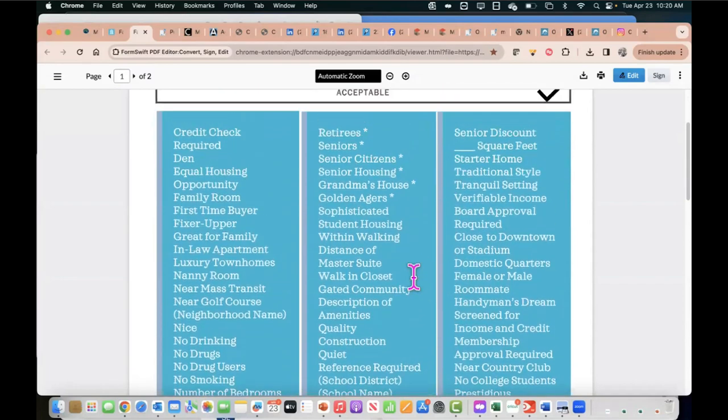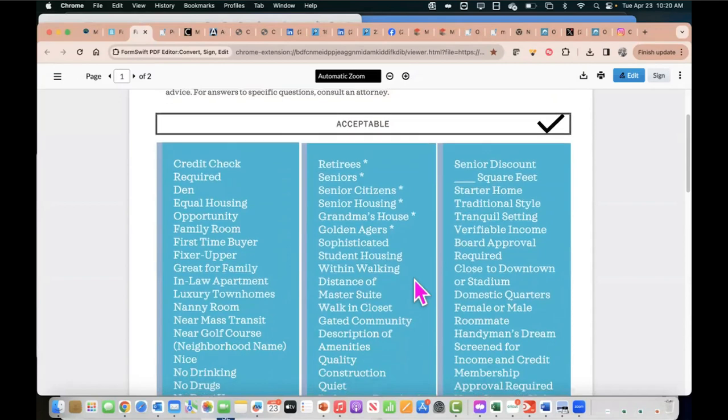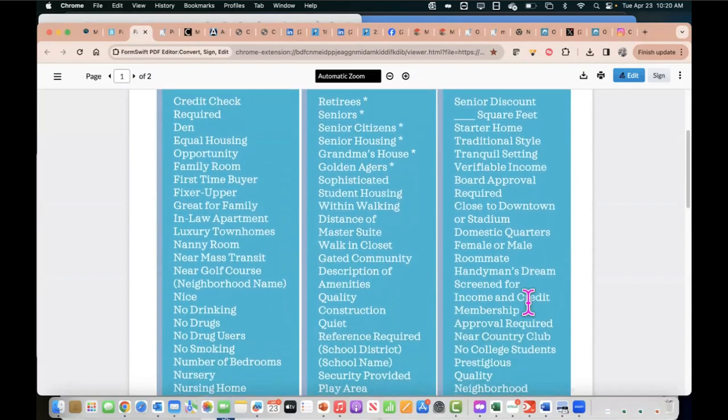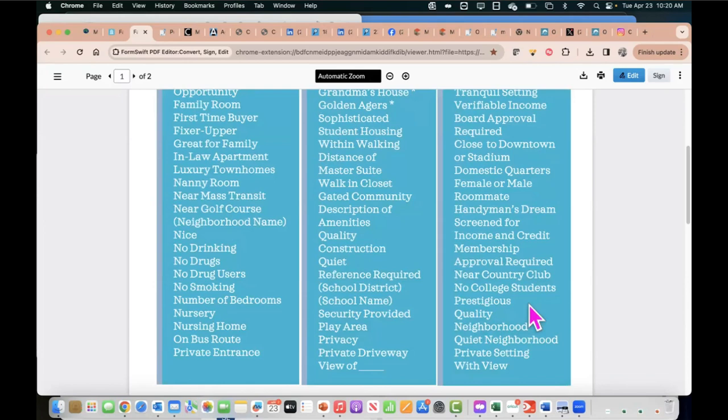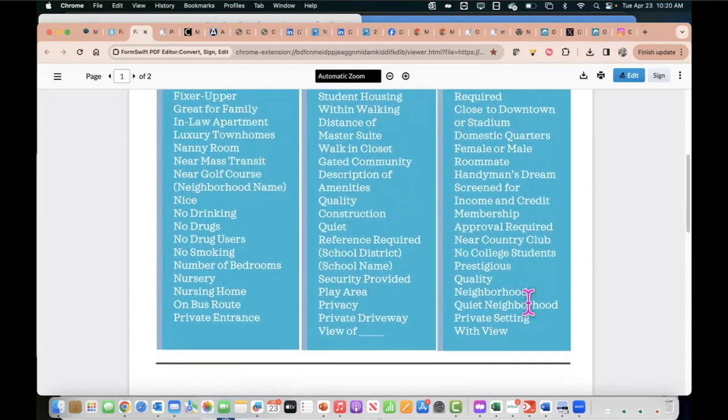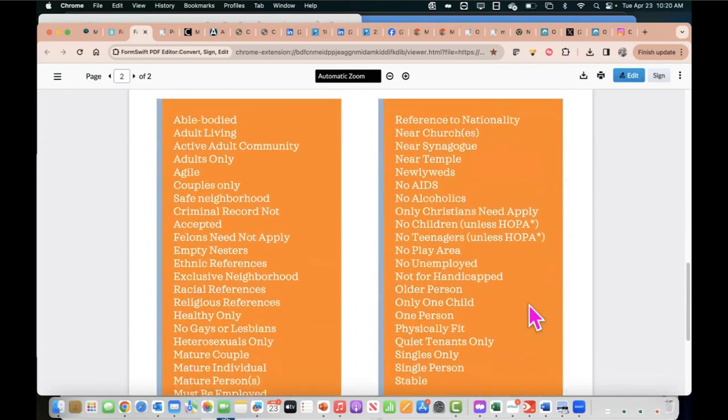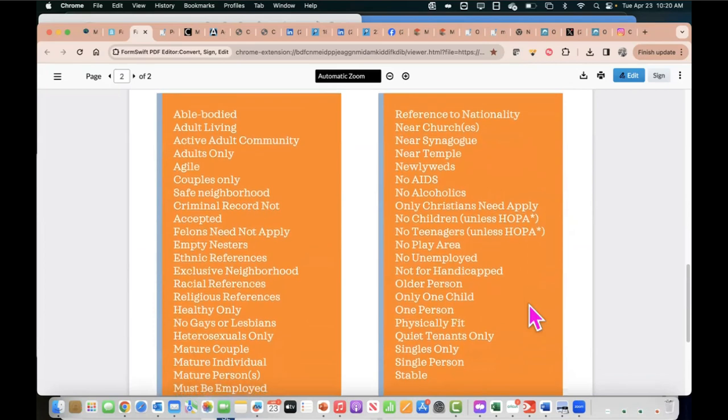Let's look at the unacceptables. So you can see